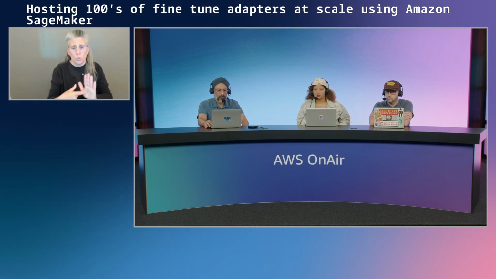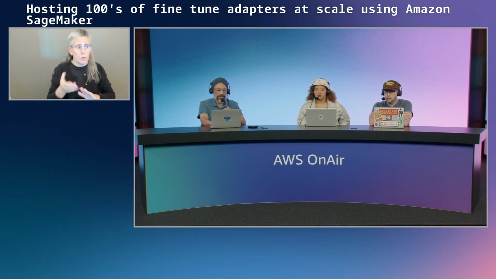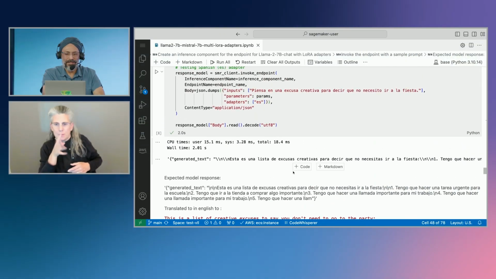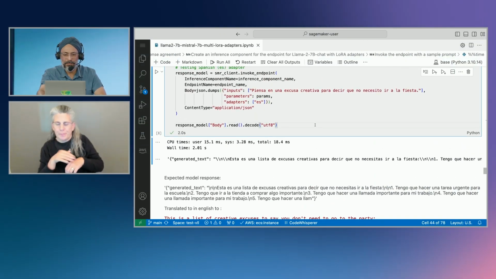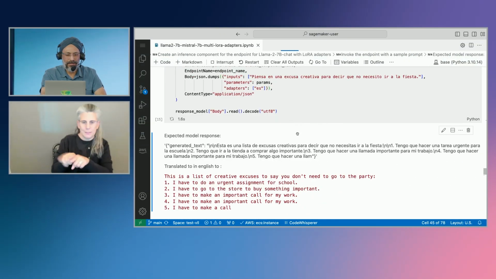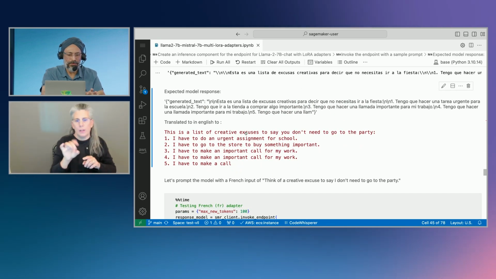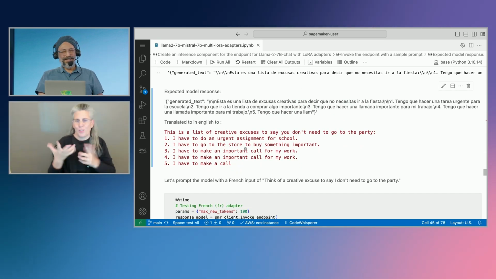And if I can show you the inference, for example, if I run this cell, this basically is the exact same question which I asked. In French, how do I avoid a party? I speak a little French, just a little. Right. So it kind of gave you an answer, but let me ask the same question in Spanish. And I did run some of that translation before. So here is a list of the excuses. To go to the store to buy something important.